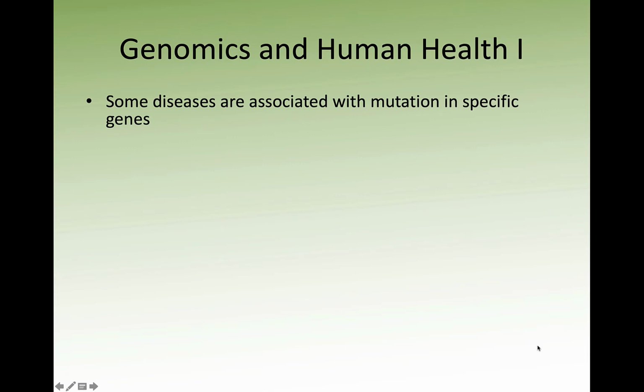And of course, when we're talking about human health, and especially in the context of thinking about genomics, we're really going to be focused on the diseases that we see associated with genetic mutations, genetic variants, specific genetic variants. And this, of course, relates directly to some of the work that we're doing in class on the project with our clinical variant work. And so it's just important to note that some diseases are associated with mutations in specific genes, right? And this is what lets us understand that there's an underlying genetic association or mechanism